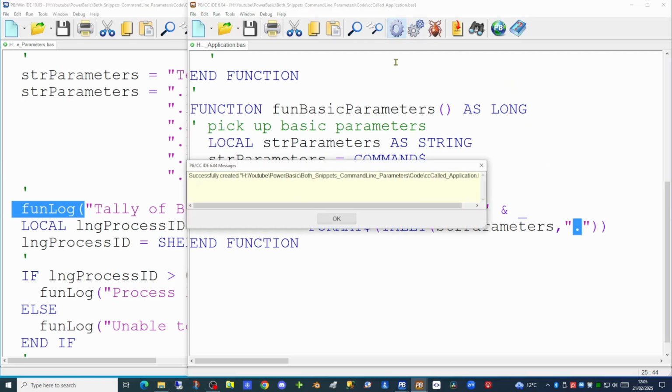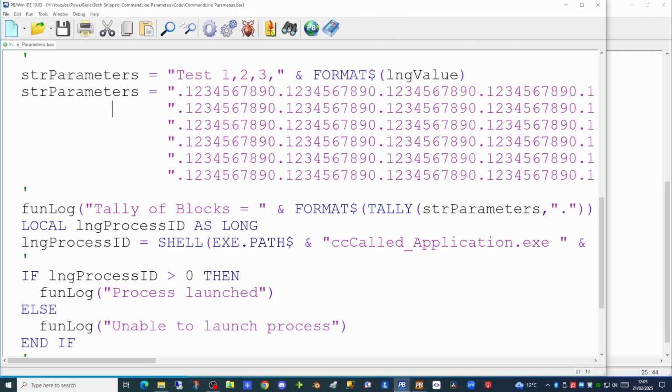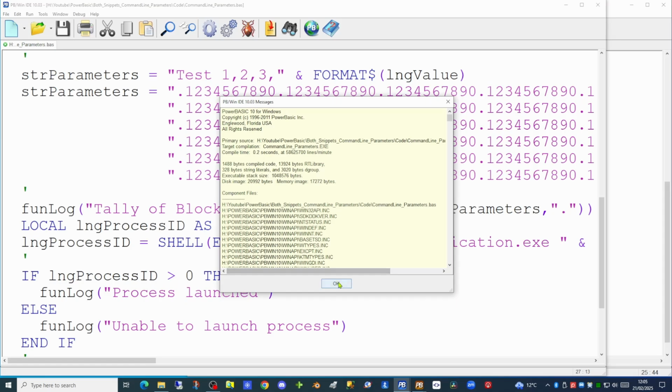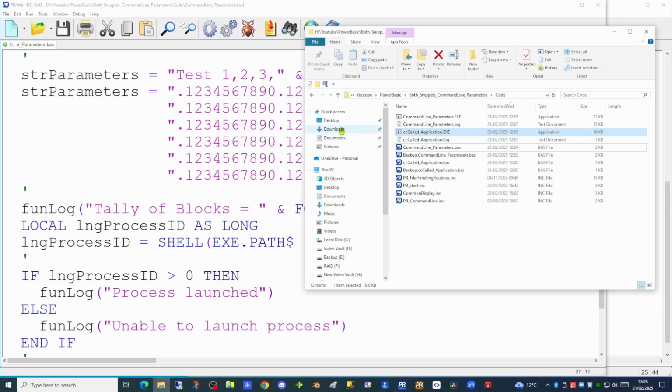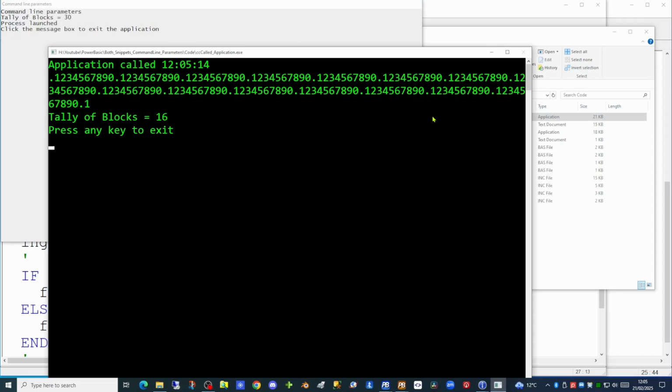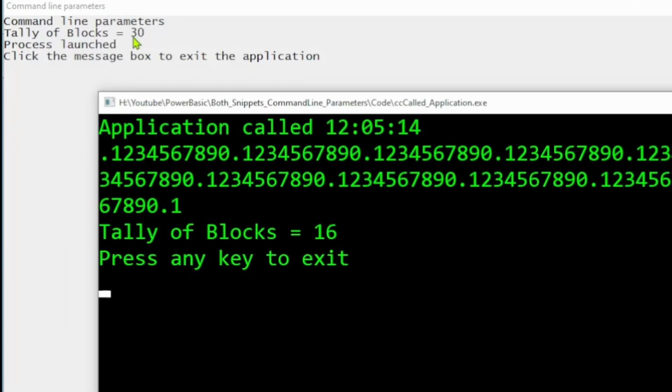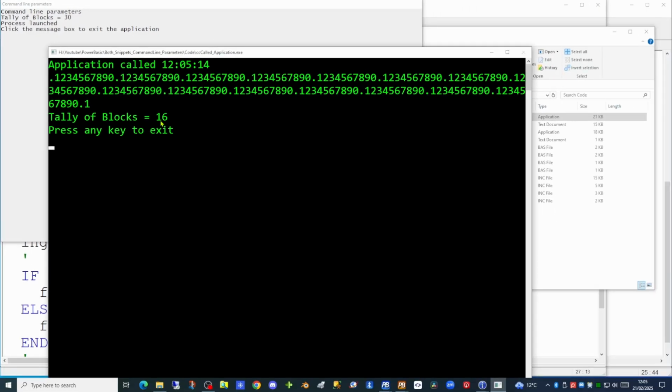If we try compiling our applications now and running them once more, we will see that our Windows application has 30 blocks of data. However, the called application has only 16 blocks. So we obviously have a limit on the amount of text we can pass on the command line using the